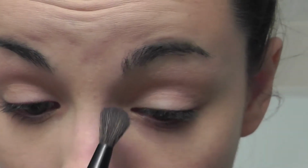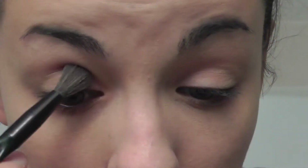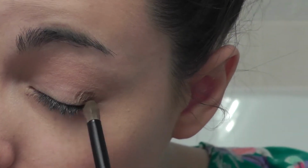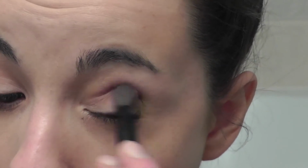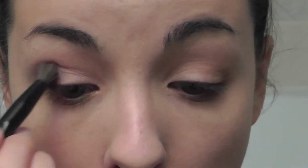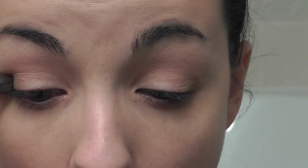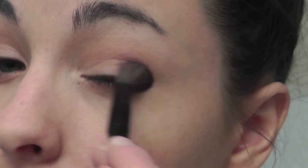Now I'm going back in with that blending brush and blending out so I have no harsh lines, because harsh lines, not a good thing. Now I'm going in with a dark chocolatey shade and kind of a tapered, fluffy eyeshadow brush, and I'm just going in my outer V pretty sloppily. So I'm just going to blend that out, and it doesn't have to be too precise. We are going for kind of a smoky look, so nothing needs to be precise at all. You could finish the look like this right now if you wanted to, but I am going to be adding